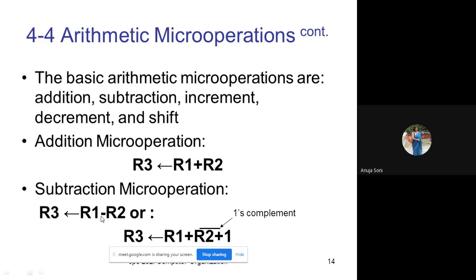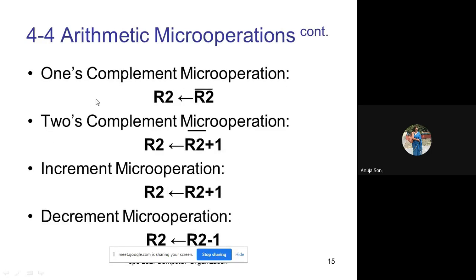Similarly, there is the subtraction operation. The content of R2 will be subtracted from R1, and the result will be stored in R3. This is basically how the subtraction will take place. Here, the one's complement is taken, and then 1 is added in order to get the 2's complement, and the 2's complement value is added into R1, and that is ultimately transferred to R3. So for subtraction you have to take the 2's complement of the negative value. First of all you take the 1's complement, then you add value 1 to the 1's complement in order to find the 2's complement. That way you find the 2's complement and apply the subtraction operation.